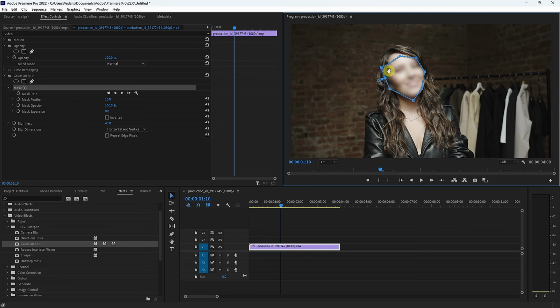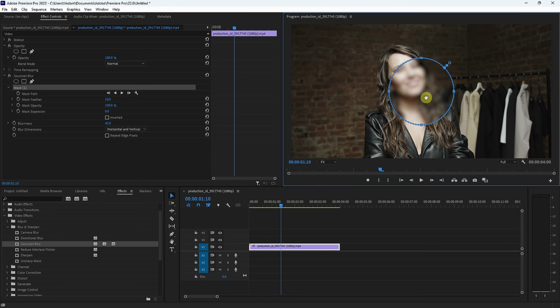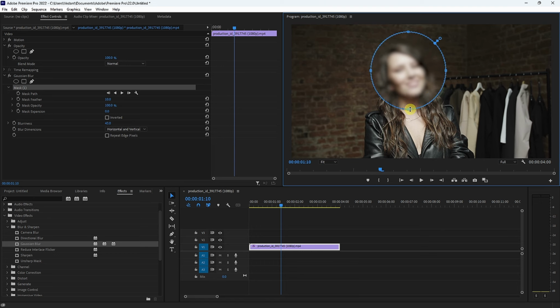We just need to simply left click with our mouse, and then we can simply use the pen tool. But this face is an ellipse, that's why I will use the ellipse mask. I will simply delete this mask for now, and I can simply create a new mask by clicking on it. We just need to hold the left button on our mouse, and then we can simply drag this mask onto our subject. After that we can simply reduce or increase the size of the mask by holding Shift on our keyboard.